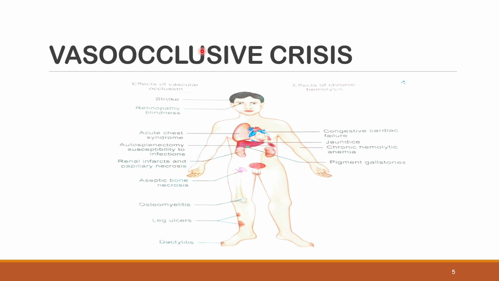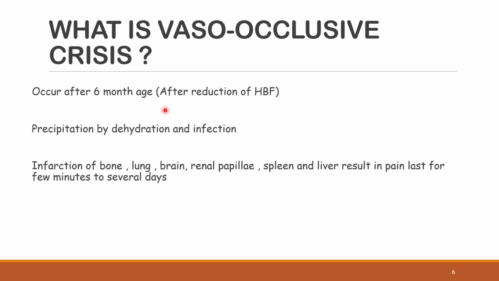And sometimes, if the severity is more than retinopathy, stroke can also develop. So that's all because of vaso-occlusive crisis. All the clinical manifestations are because of vaso-occlusive crisis. And such vaso-occlusion usually occurs after 6 months of age if the patient has sickle cell disease, because after